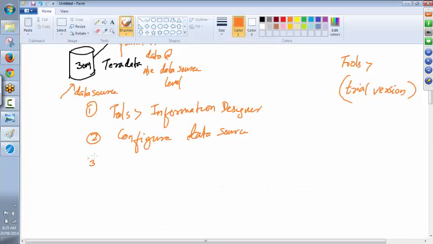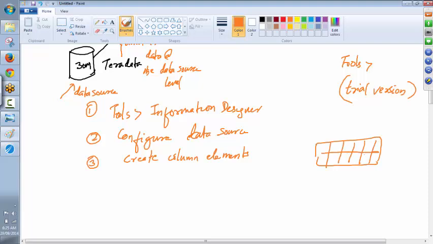Once that is done, you create column elements one by one. All the columns that you see in the data table, when you add it from Excel or any other data source, all of these columns, when using information link, you will have to create one by one from the data source. I'll show you how that is done using the screenshot, and then create join elements,